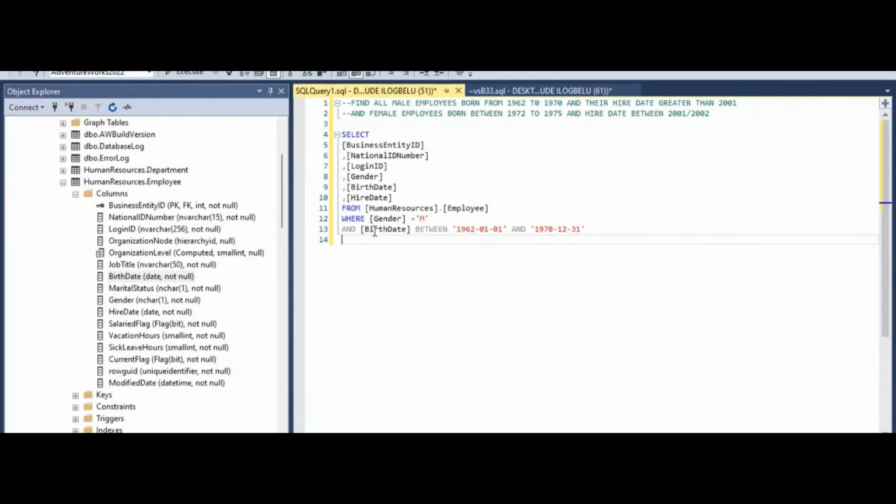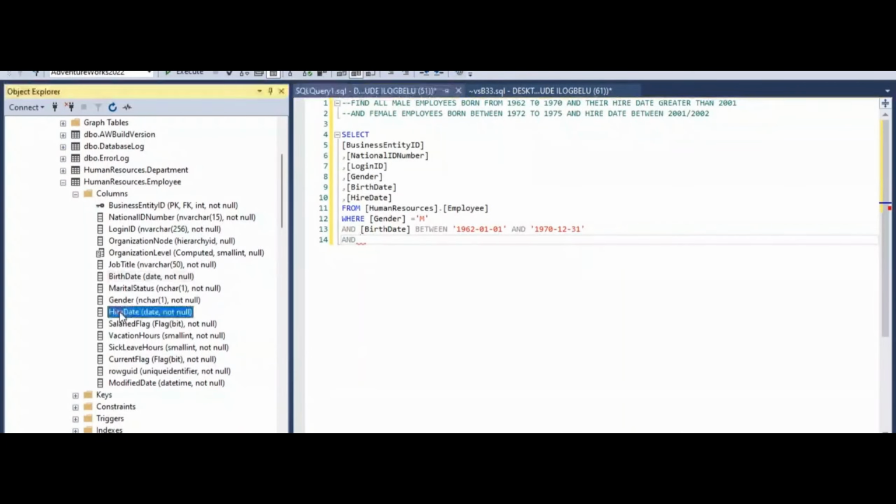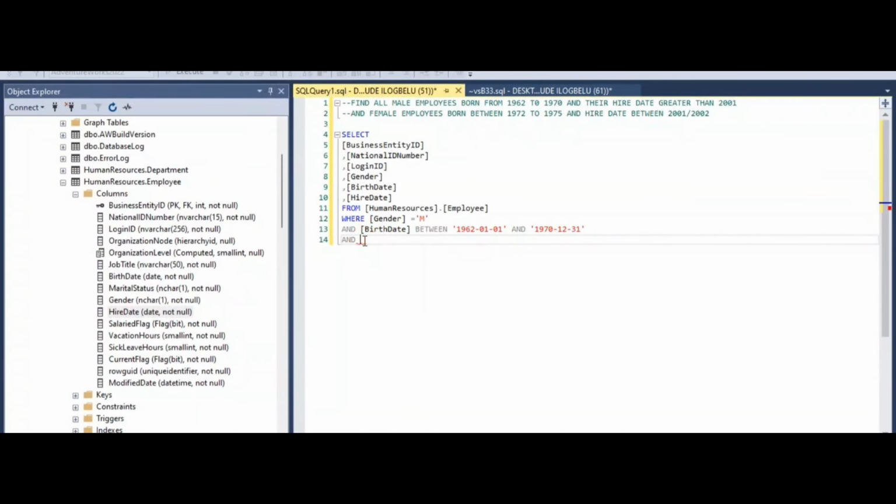Then there's also a hire date. So another condition, another AND operand. You go and pick the hire date again, Control C, and bring it here, Control V. And you say the hire date is what? Greater than 2001. So this hire date that we have just brought here, we say it is greater than 2001. 2001 should also be under